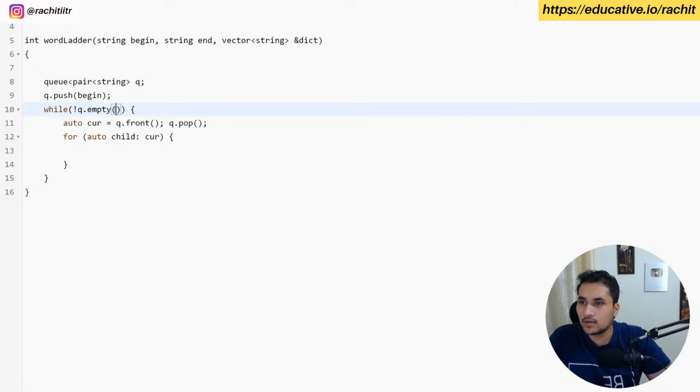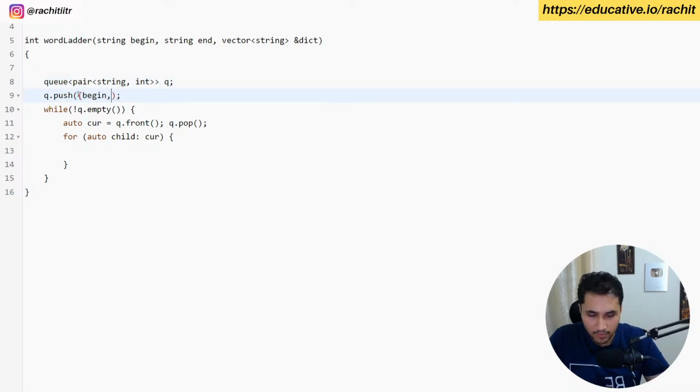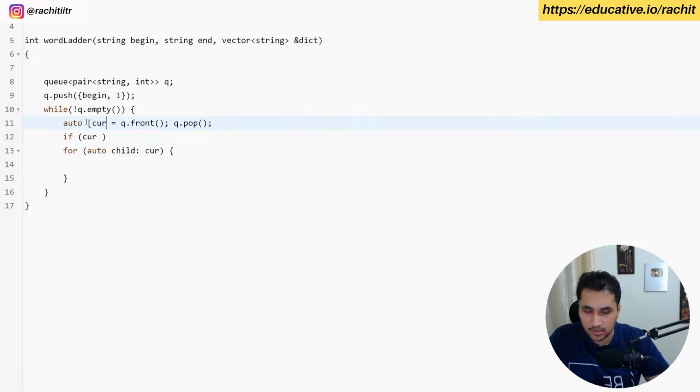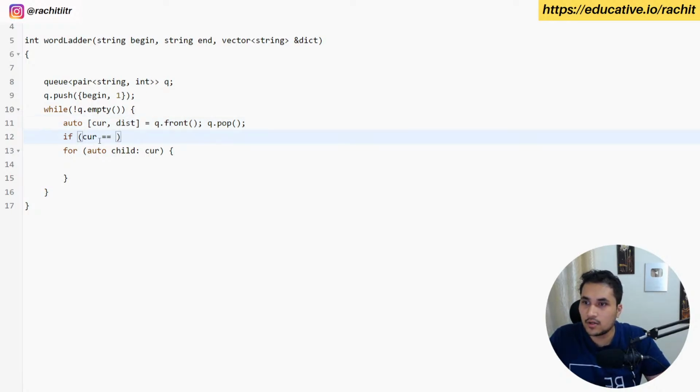So where was I? I was making this something like this. Initially I am pushing begin comma 0 because the distance of begin from itself is 0. I can actually put it 1. That should be better, I guess. And then we can say if cur is... over here, I think we can do something like cur comma distance. So if current is nothing but